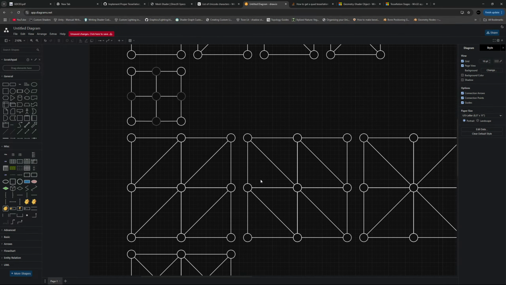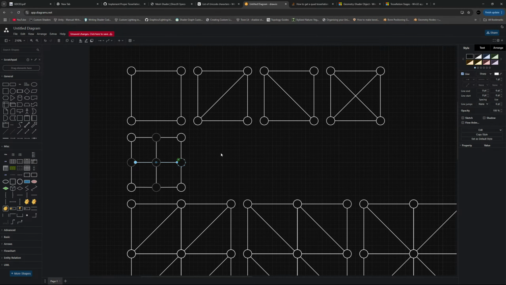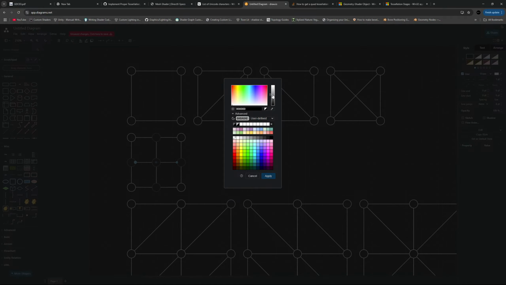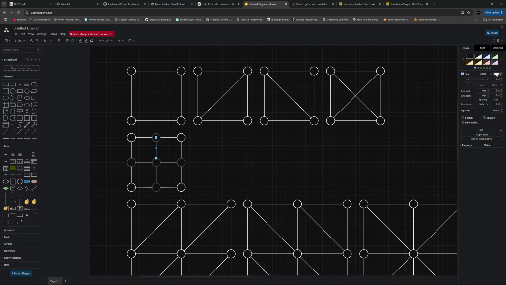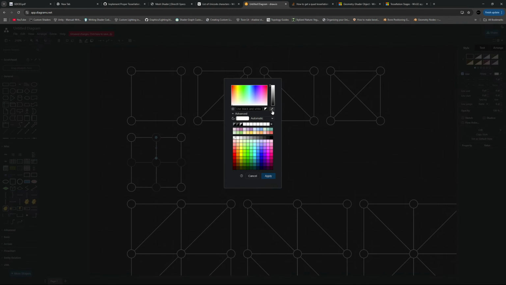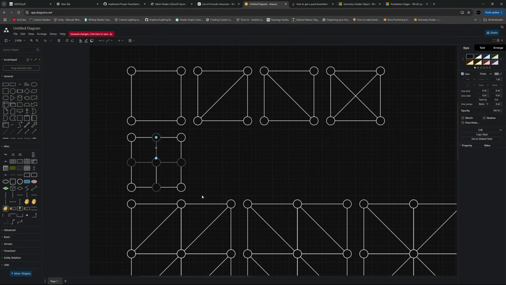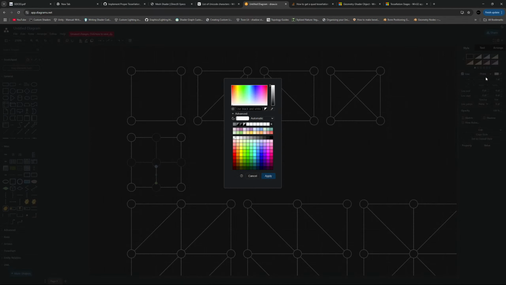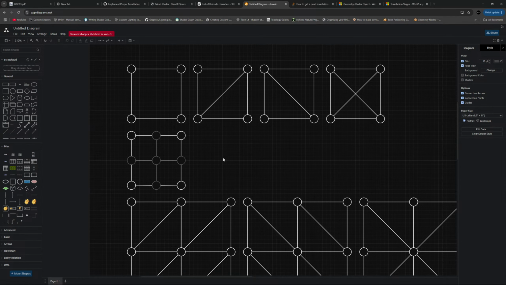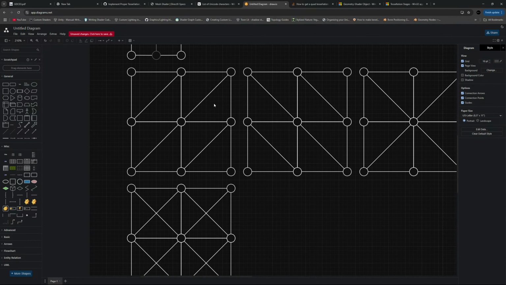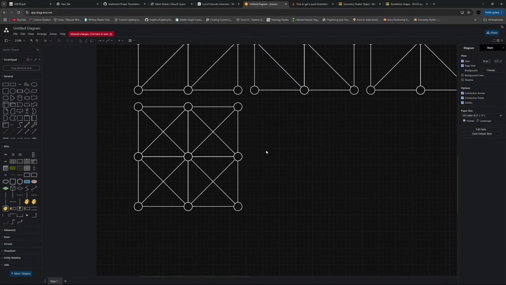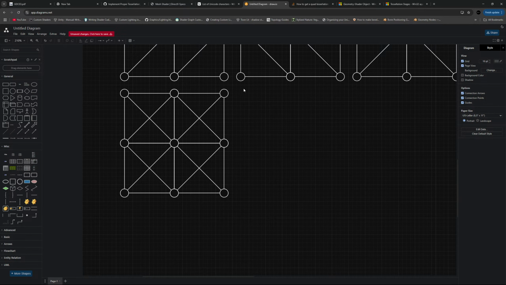And if we take a look at, actually, I want to just grade this one out as well. Okay, so if we work with this topology,